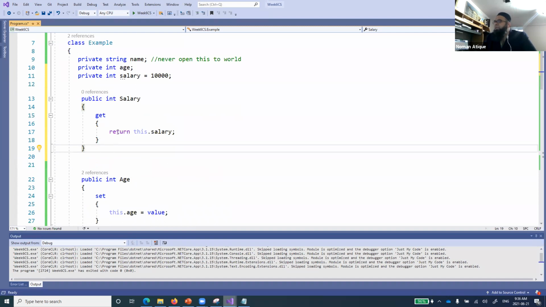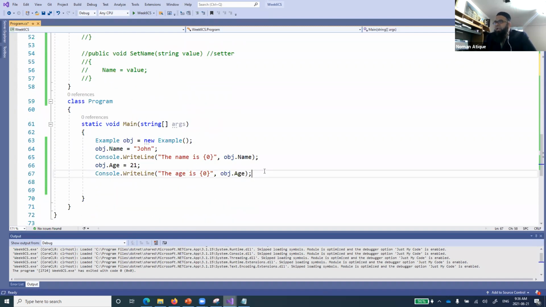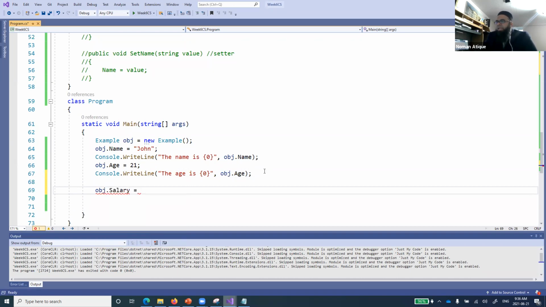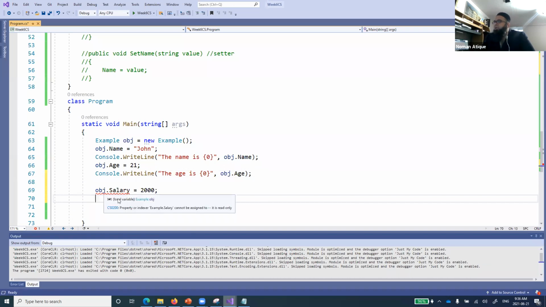Are you people getting that? So now if I use this one and I want to access this salary, obj.salary. You see obj.salary, and if I do something like this, is it allowed? No. And why is it not allowed? Anyone? Can anyone tell me the technical reason why I cannot set this salary over here?